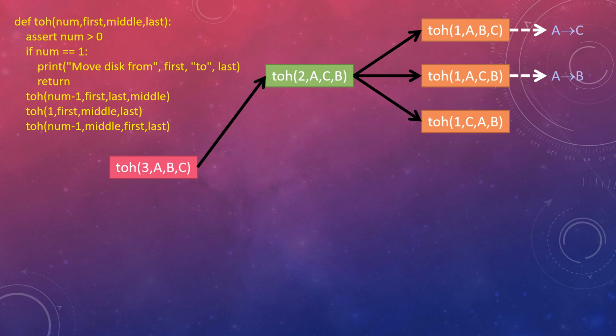TOH1CAB, the third box, generates a move from C to B. All recursive calls of the green box are now complete. So it returns to the pink function instance. And the pink function instance generates its second recursive call,